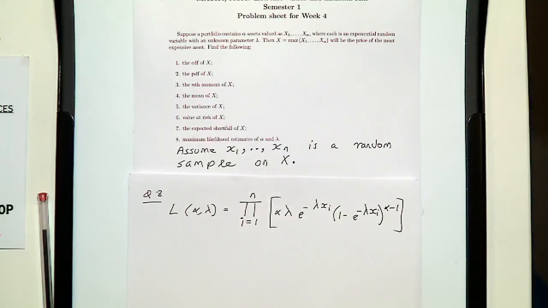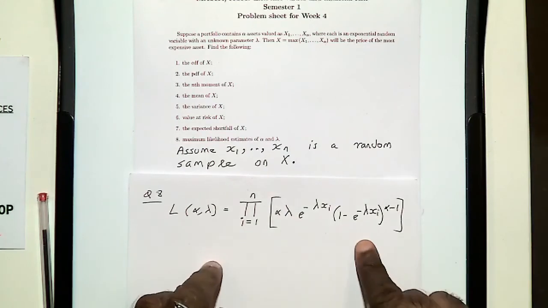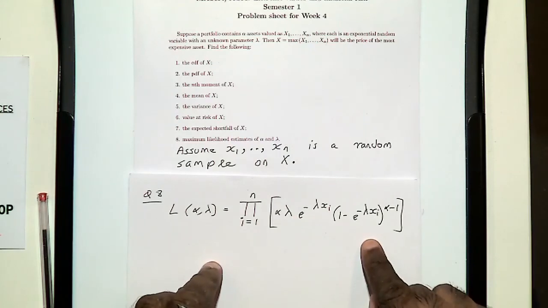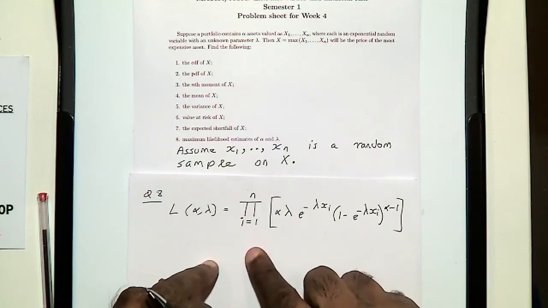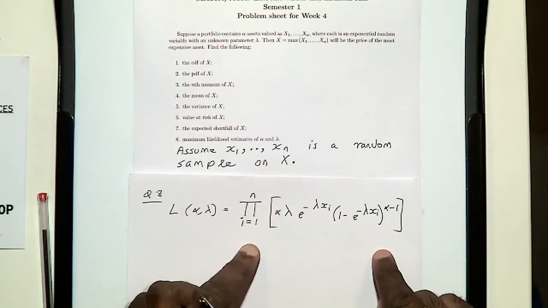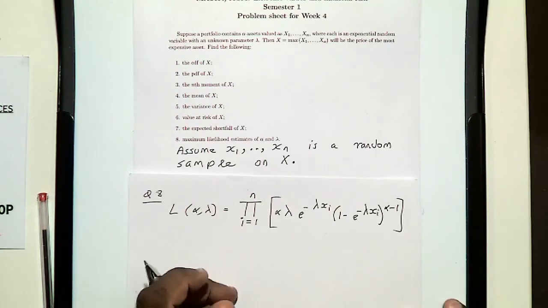Okay, guys, you with me or what? So this is the density that we derived in part 2 of sheet 4. So the likelihood is just the product of this from 1 to n. Now if you simplify this,